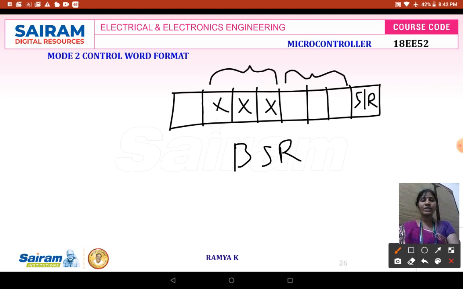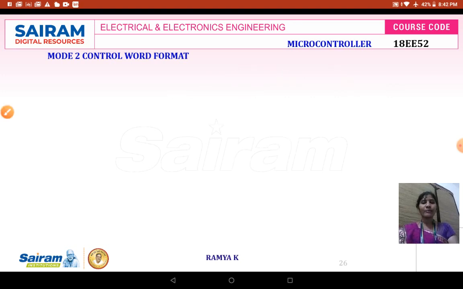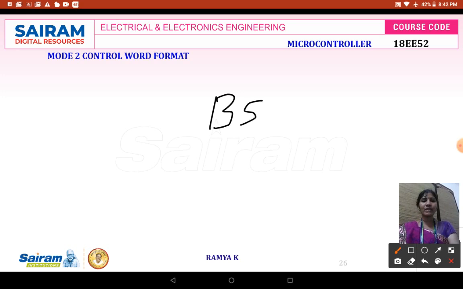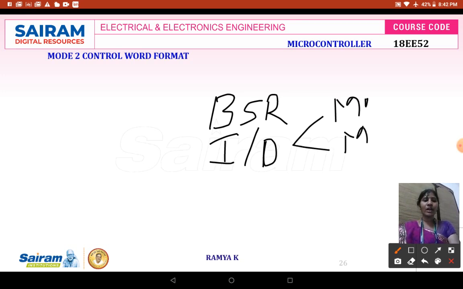These 3 are a don't care condition. By default, we are going to give 0 over here, and the last bit D7 will define whether we are going to operate with the IO mode of operation or BSR mode of operation. If it is a BSR mode of operation, we use 0 over here. If it is an IO mode of operation, we give 1 over here. That is, it is used to frame every mode of operation, whether we operate in BSR mode or in IO mode, that is mode 0, mode 1 and mode 2.